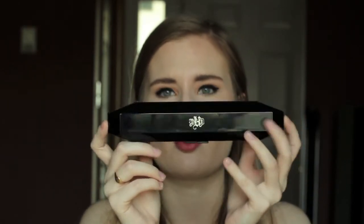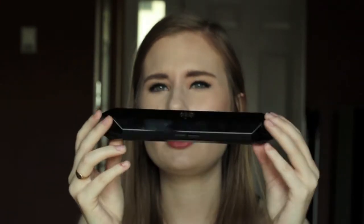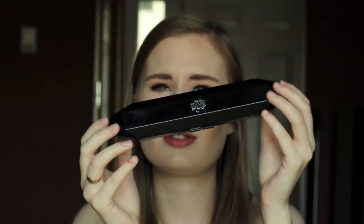It kind of comes in this creepy coffin-like brush plastic holder, which I'm not really a big fan of. I'm not really big into that hardcore coffin and death and zombies and stuff. But obviously, Kat Von D, she's a tattoo artist. She's into that thing. The case is good in theory, but it wasn't the highest quality. The plastic feels a little bit thin and cheap. I definitely use it, because you can't stand this brush up because it's double-ended, or dual-ended. So it works, but I just...